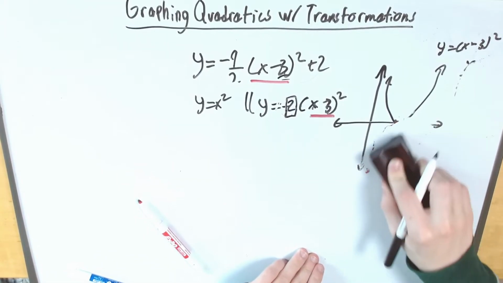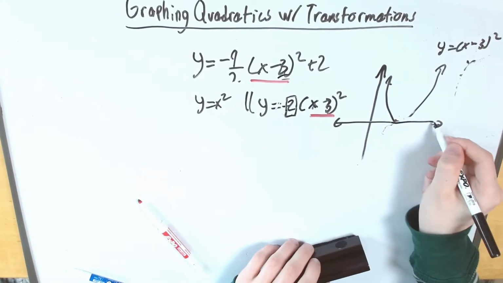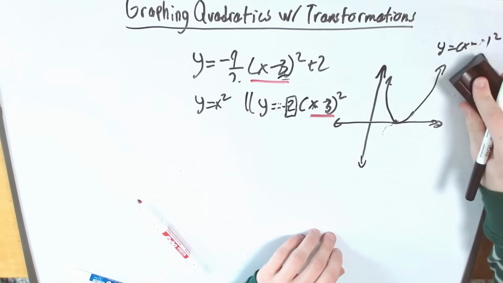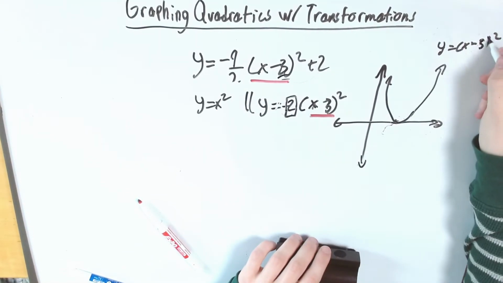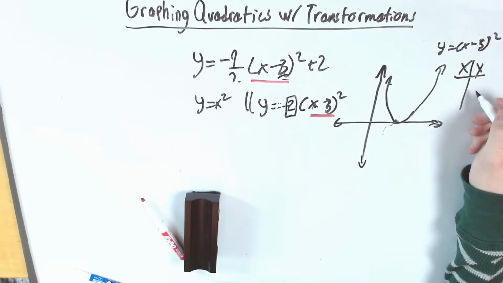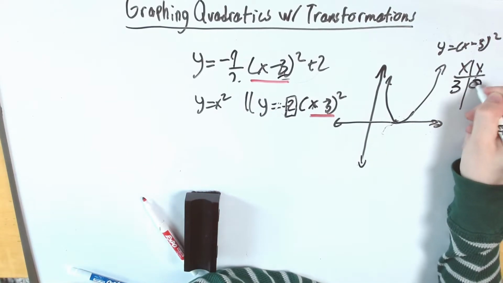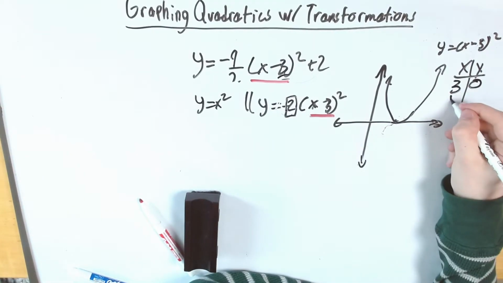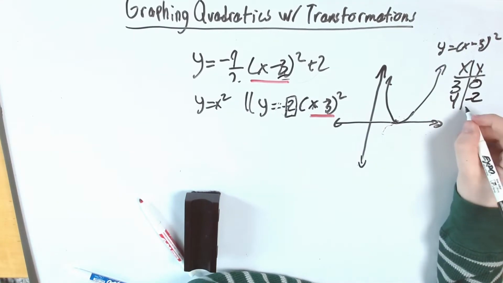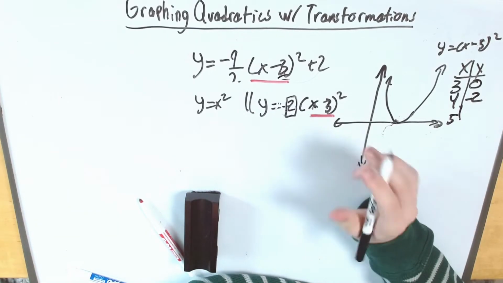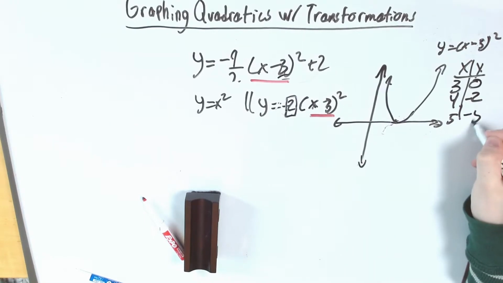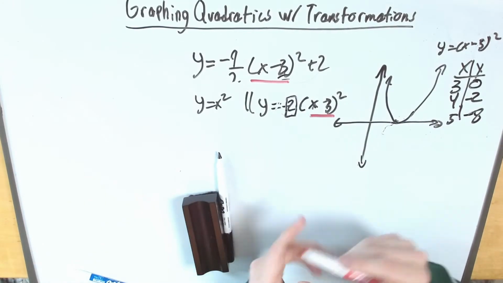So I'll get out and I'll start plugging in numbers to figure out. So let's do some value work. My x's and my y's come out. I'll have 3 is still going to be 0. 4 minus 3 is 1, times -2 is -2. 5 minus 3 is 2, times 2 squared is 4, times -2 is -8. If we see something like this,